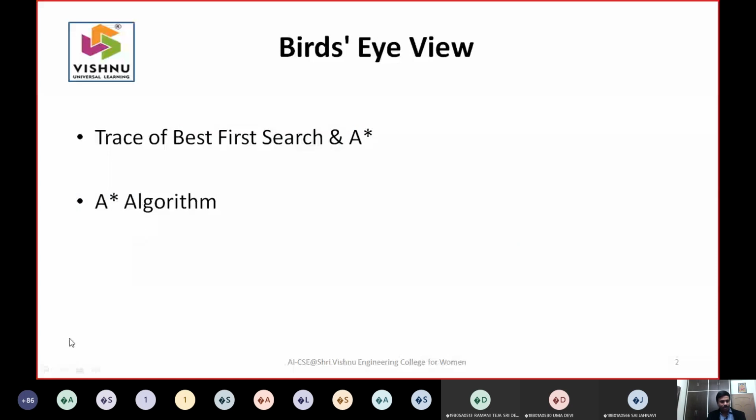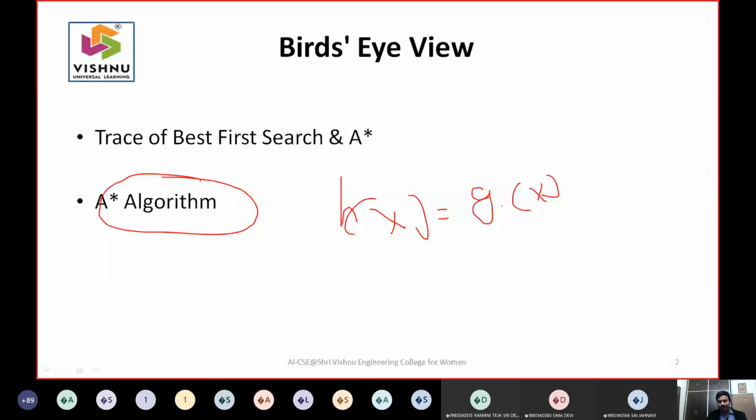In this class, we are just trying to understand the final A star algorithm by using the heuristic. This heuristic was introduced in the last class. That's what I said. This is a combination of g of x plus